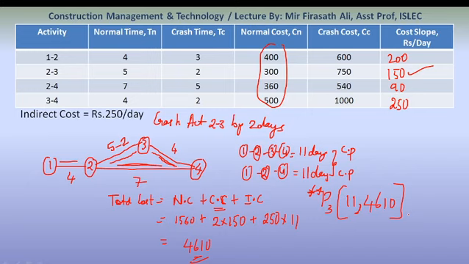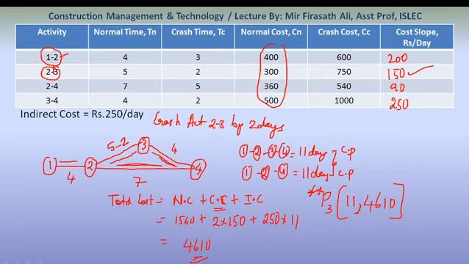After step 3, let us see what is next, where we have crashed this activity. Okay, 5 to 2 by activity 2 to 3 by 1 day. By how many days again can we crash? We can crash it for 3 days also. Instead of crashing this same activity 2 to 3 again, let us crash activity 1 to 2. After 150, the next least cost slope on the critical path is 200. Now in the next step let us crash activity 1 to 2 by 1 day.